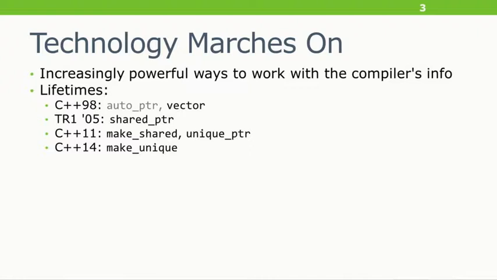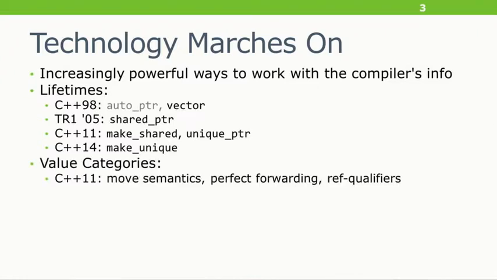As far as value categories go, the major improvement here was, of course, in C++11, we gained move semantics and perfect forwarding, which allow you to either steal resources from rvalues, as we've all been trying to learn, or accept arbitrary stuff and pass it to something else, and keeping all of those bits intact. So if they care about lvalues or rvalues, that information is preserved. We even have things like ref-qualifiers, which allow member functions to ask, am I being invoked on an lvalue or an rvalue? And in certain cases, you actually do want to constrain or somehow switch on that bit of information.